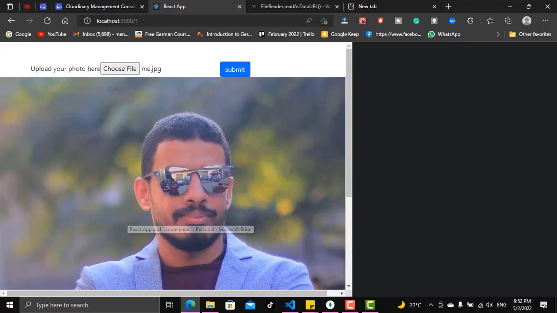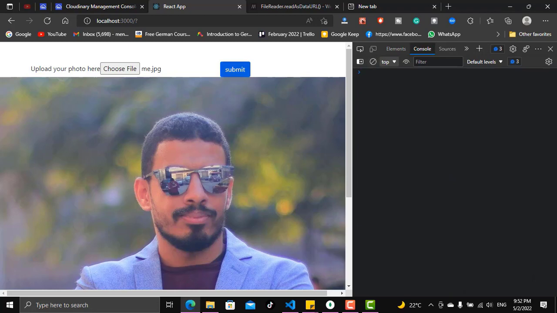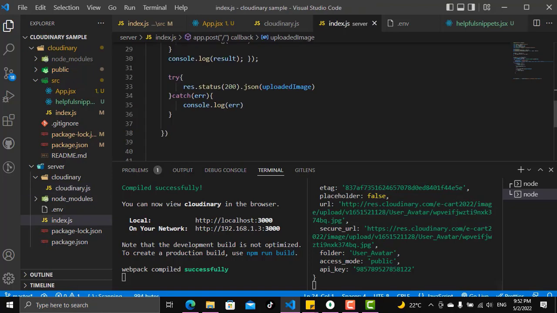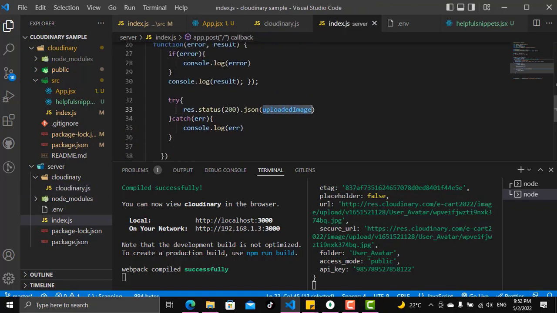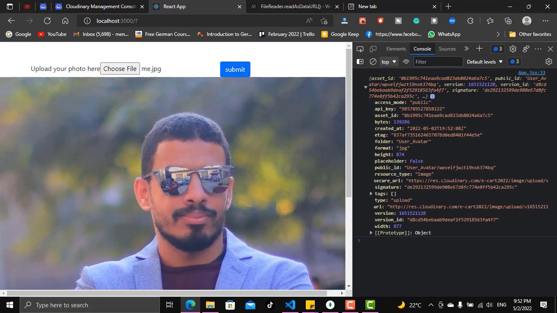Okay, let's send the image again. And yep, we have our image uploaded to Cloudinary, and this is the Cloudinary response. As you see, this is the Cloudinary response that is coming back from the server, which is the uploaded image from Cloudinary. Let's see what information we have inside this image. This image has an access mode of public. It has an API key, which we will not send back, of course, we will just send some of these. And the asset ID,